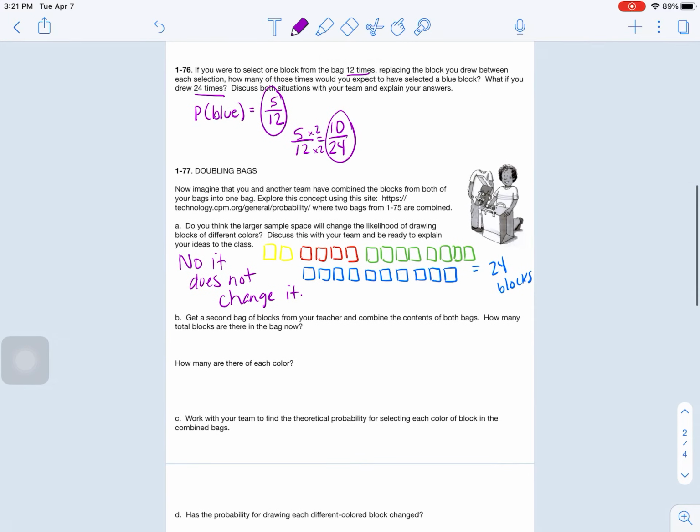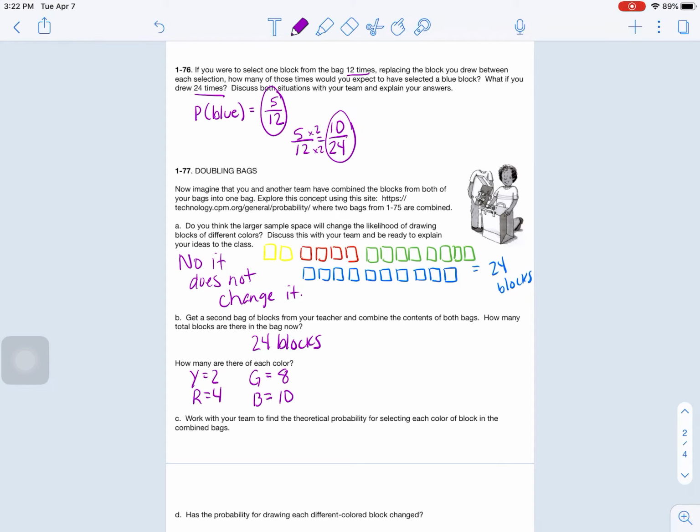Okay. All right, for B, it says, get a second bag of blocks from your teacher. So pretend you've got a second bag of blocks, okay, and combine it with both bags. So it's going to look like my picture above. How many total blocks are there in the bag now? Well, we've already kind of answered that, 24 blocks. How many of each color? Okay, so yellow was 2, red was 4, and I write this down too, guys. Green was 8, and blue was 10. Let me add those up really quick. And yep, that gets me to 24. Okay,